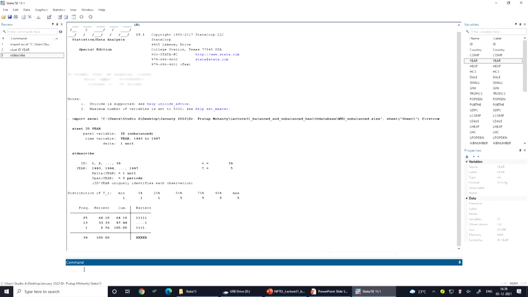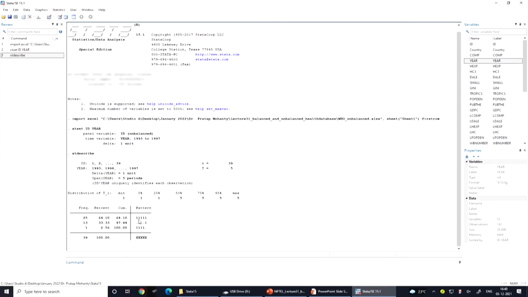Now, you can see out of 39 observations, 25 observations follow the pattern explained in the end box. You can see in the pattern 5 times 1 is written at the end. Okay. So, 5 times 1 means these 25 observations are actually repeated in all 5 time periods as provided by the WHO data.